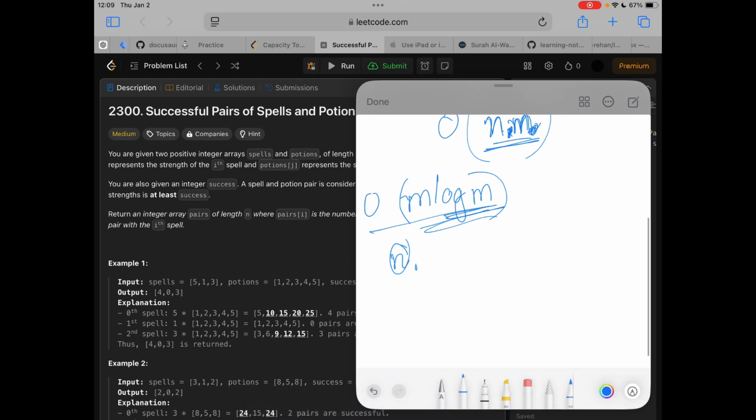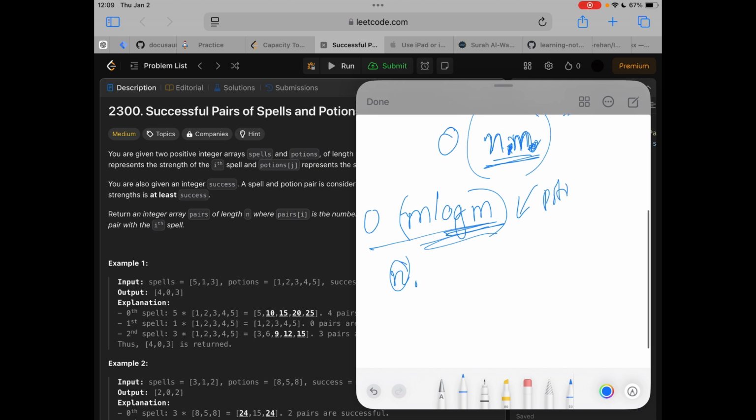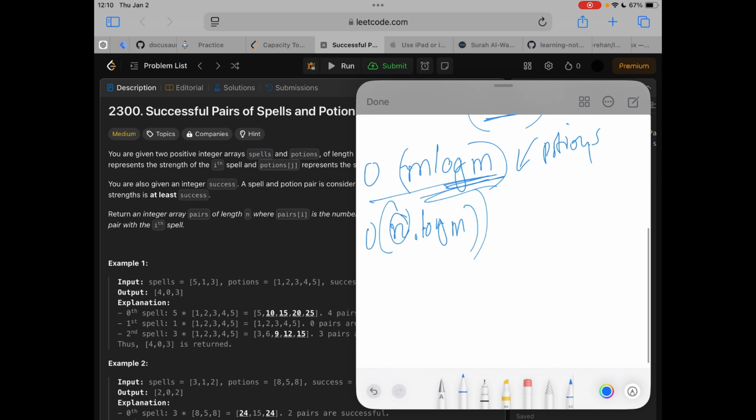This is the new potions array after sorting, and you search using log of m time complexity. So this is the second step. The time complexity would be m log m to sort the potions array,